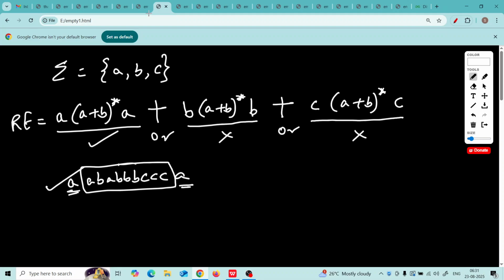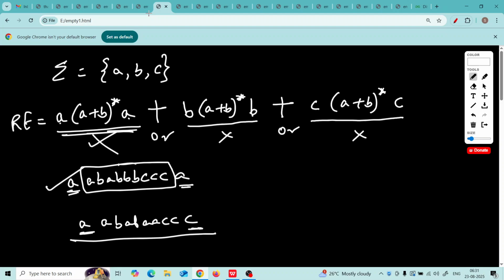Okay, will you get this string? You just watch. A, then A B, A, C, C. If you give this string to the first rule, it says okay, it begins with A, fantastic, but it ends with C. But the string should have A in front and A at the end. So this is not passed by this string. The first test is not passed, second is also not passed, because first letter should be B, and third is also not passed. Then this string does not pass this or this or this. Then this string won't be selected. I hope you understood. This is our answer.